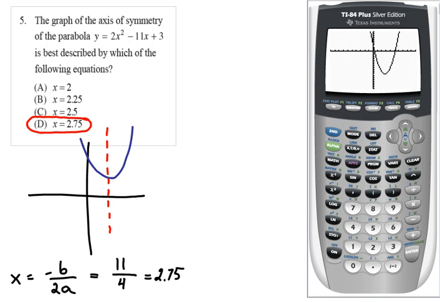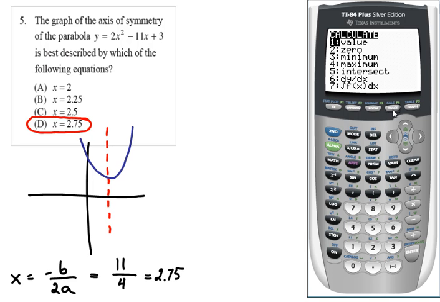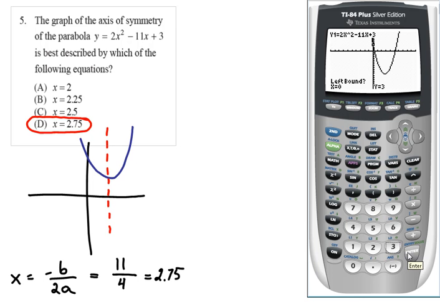And in this case, what we're looking for is a minimum. So I'm going to go over to second calc, and I'm going to look for a minimum. That's option 3. And it asks for the left bound. There could be more than one minimum. So I hit enter there for the left bound. Now I can type in, since I'm at 1, 2, 3, 4, 5, 6, I can say that the right bound would be no more than 6, enter, and then finally for guess, I just hit enter again